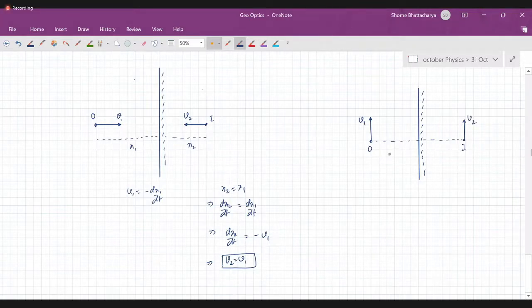So this is at some time t, then at some time t plus delta t. Now the image should be at the same perpendicular distance behind. So this will tell you that if it's a parallel velocity, then v1 is equal to v2. If it is a normal velocity, then it's opposite in direction. So putting together these two things, you can see that in the above case, what will happen is that